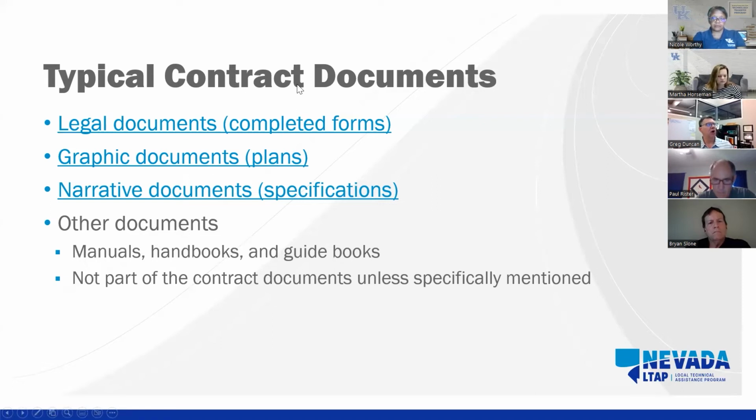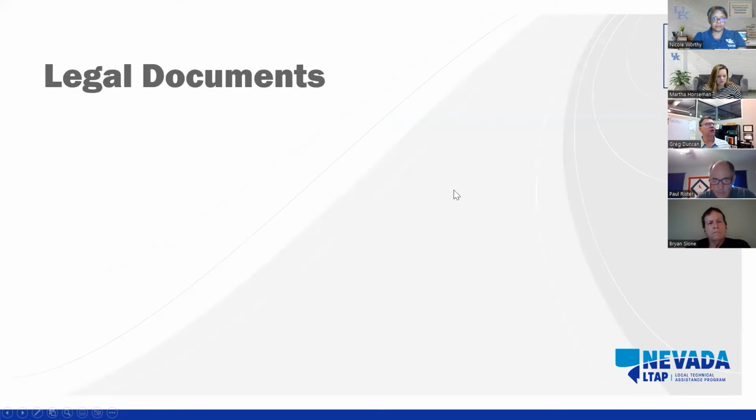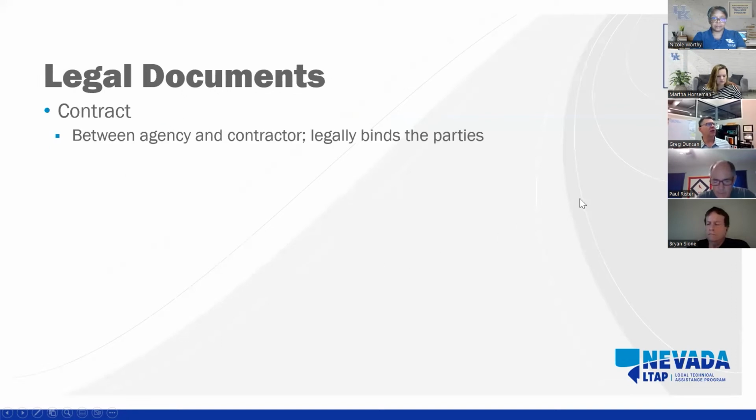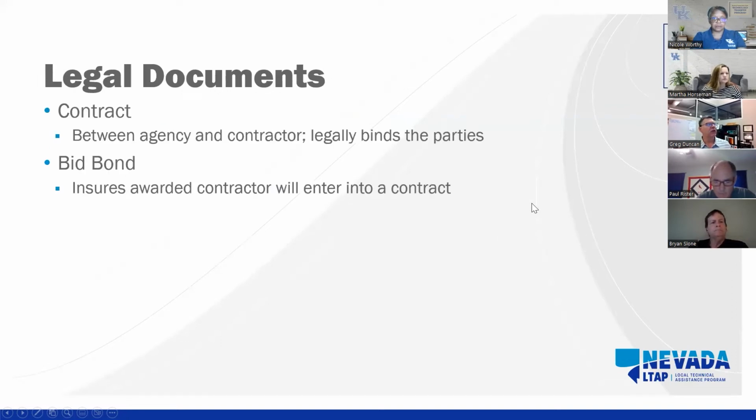So the typical contract documents that make up those descriptions are contained in legal documents. There are also graphic documents that we've called plans, and narrative documents that we've called specifications. So let's take a look at each one of those. So legal documents, and we consider that contract between the agency and contractor that legally binds those parties together, so